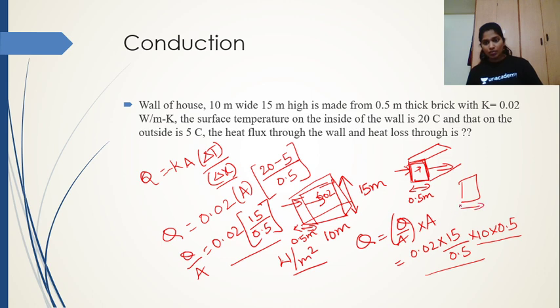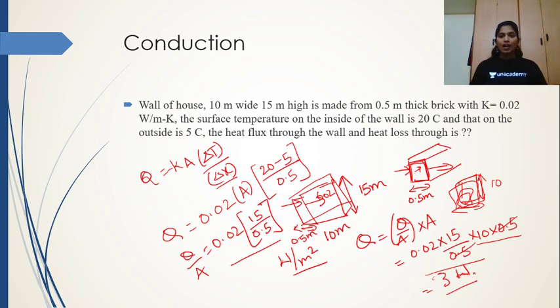So this is the thickness, and this is 10. So this area will be covered. After the calculations, I think you will be getting 3 watts. So 3 watts is the rate of heat transfer, and the flux will be